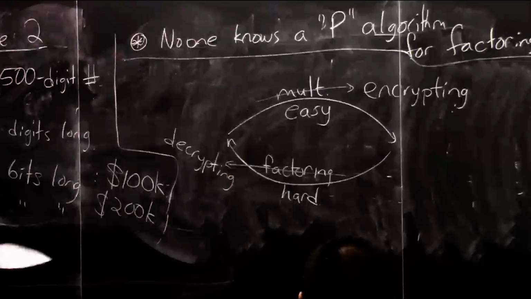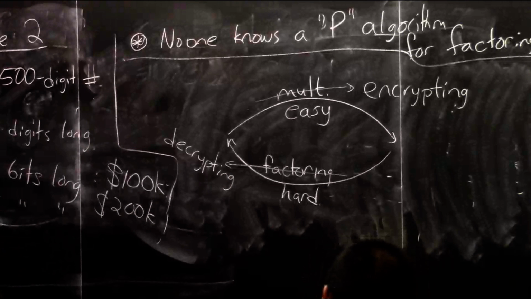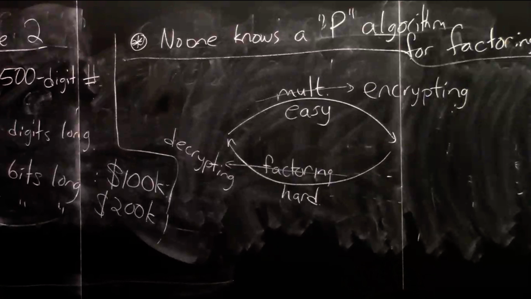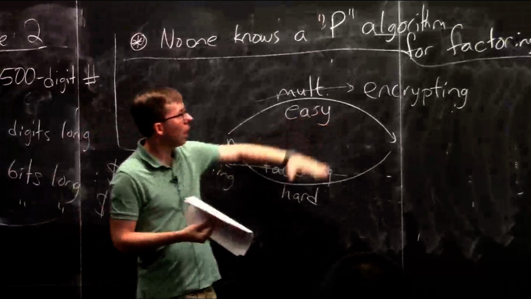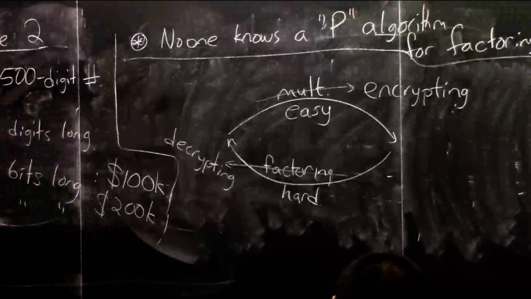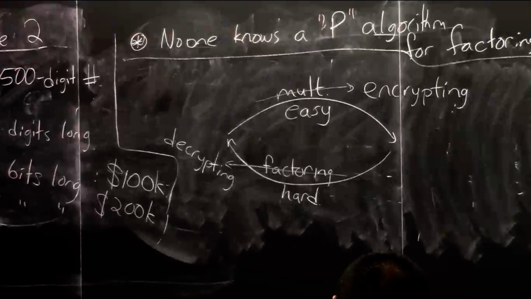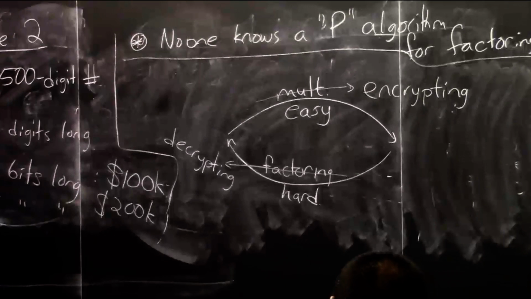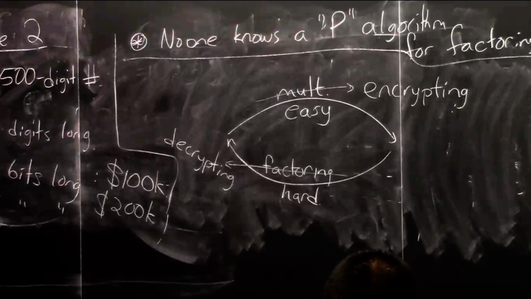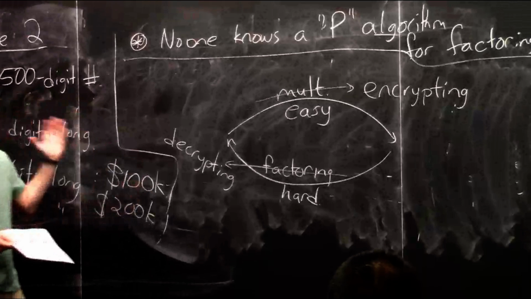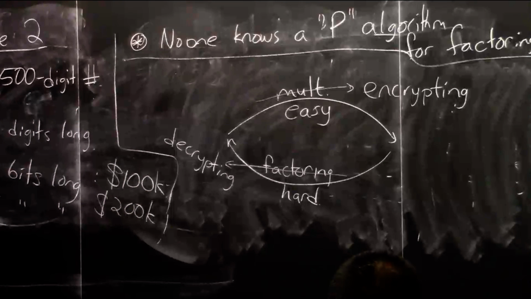In the 70s, computer scientists already noticed that multiplication and factorization have this kind of property, and they built cryptography schemes like the RSA scheme that are based on this. The security of the scheme is based on the presumed unphysicality of factorizing such large numbers. In fact, every time you go to a web page these days, more likely than not it starts with HTTPS, and the S stands for secure, because it's using RSA. So literally every time you go to a web page, you're relying for security on the assumption that this is an impossible task.